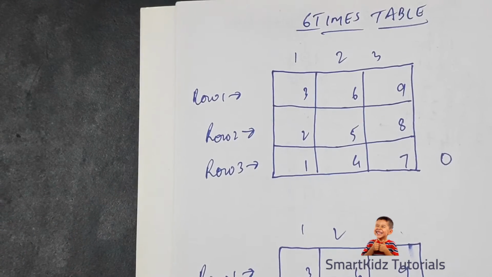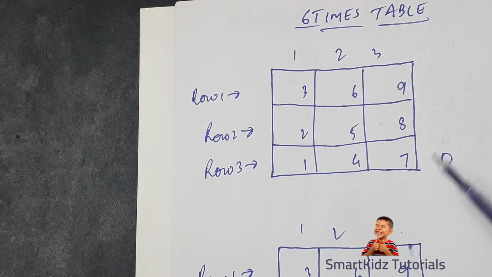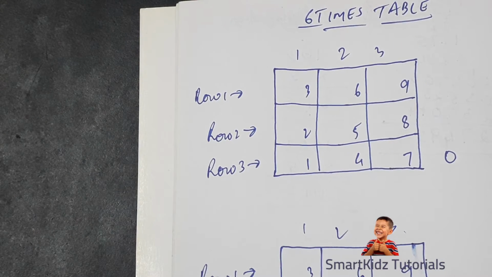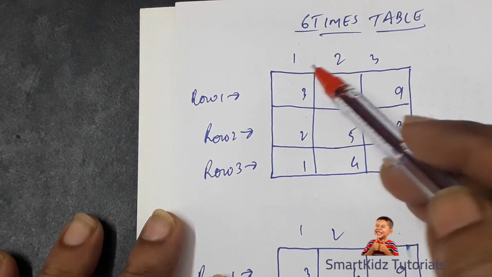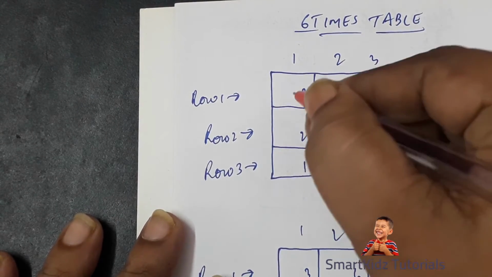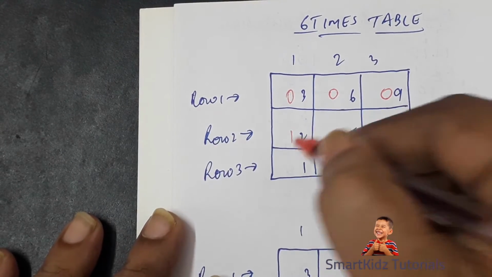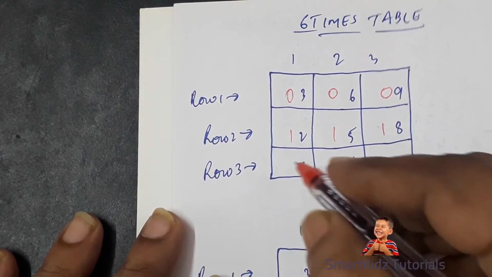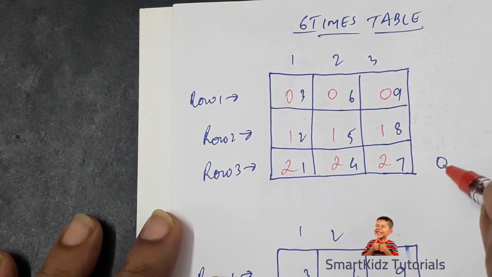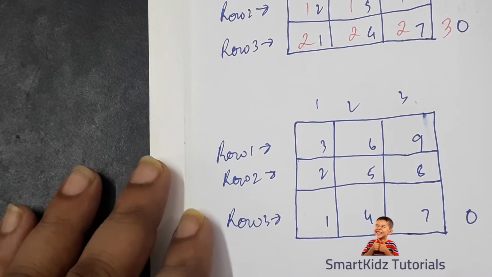Next, for the first table, now we'll fill up the digits in the tens place, like how we did for the 3 times table. So if you remember how it was, for row 1 it was all zeros. Then for row 2 we filled it up with 1 in the tens place, and row 3 filled it up with 2 in the tens place, and finally outside it was 3. Now for the second table,